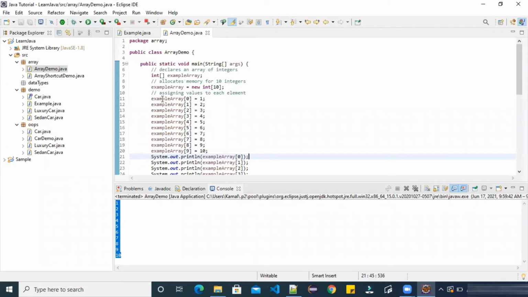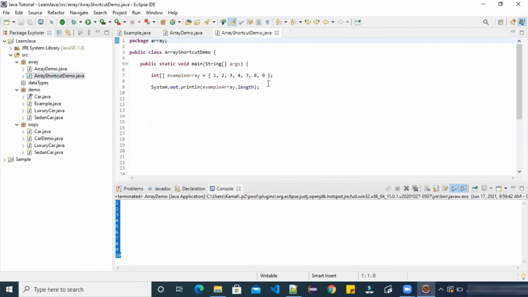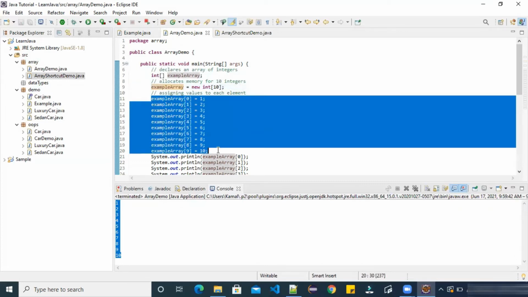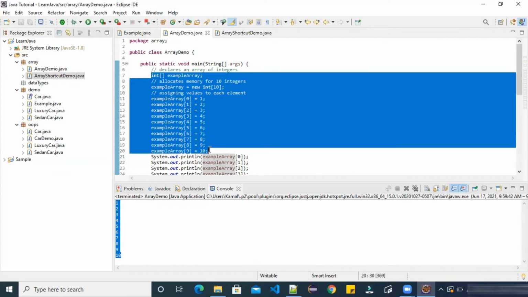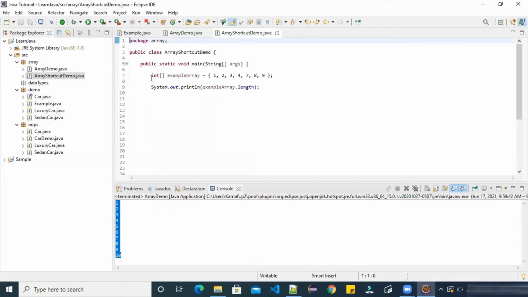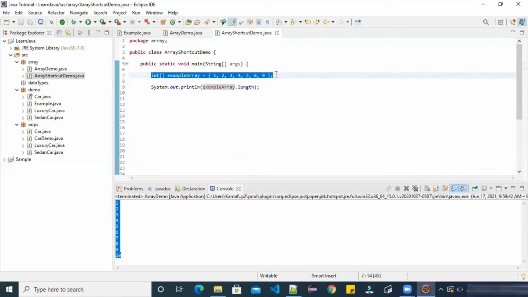Next, we learned this one. Now we have put so many efforts, like this one line for declaration, this for initializing array to allocate memory behind the scenes, and then assigning values. Writing so much code, we have another way to do so. By using just one line, we can achieve the same output.